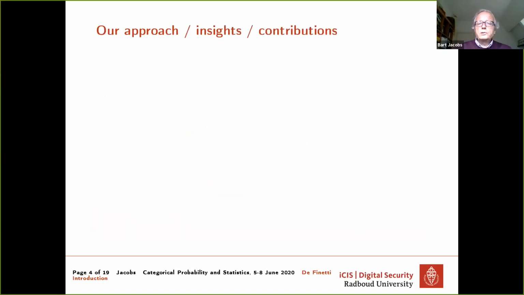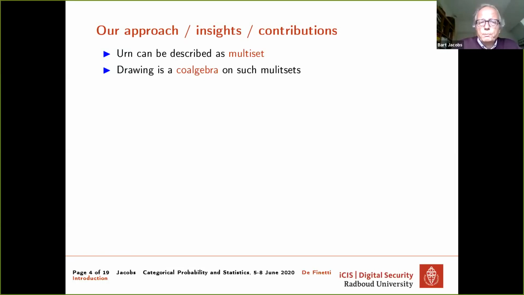So what is the approach, and the insights and the contributions underlying this approach? First of all, a basic starting point of our approach, I'll come to multisets in a minute: drawing from such an urn can be described as a coalgebra, actually as a channel, as I will also say, which acts on these multisets.